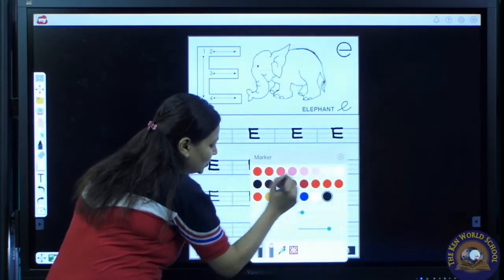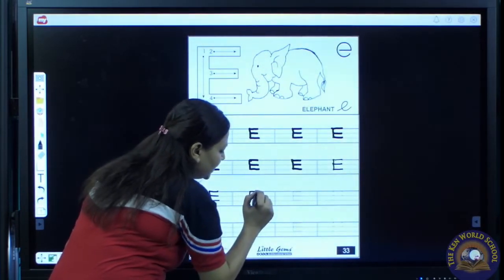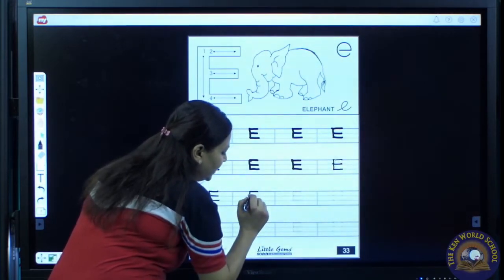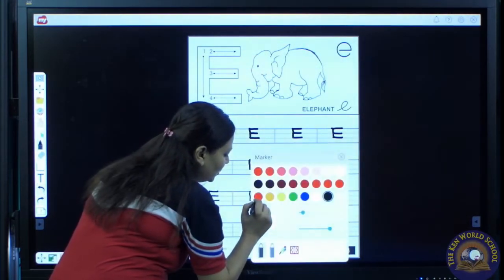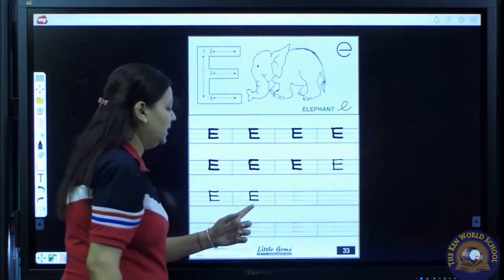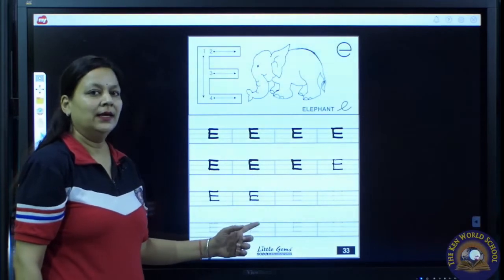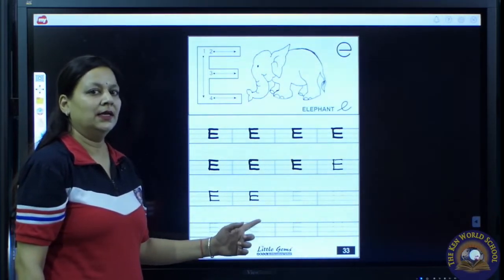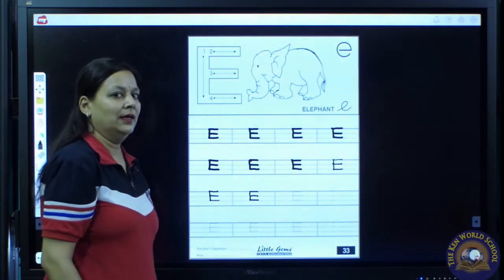Again come back to top line, draw a sleeping line. One more sleeping line on the middle line. Again one more sleeping line on the base line. E says eh. E as an engine.